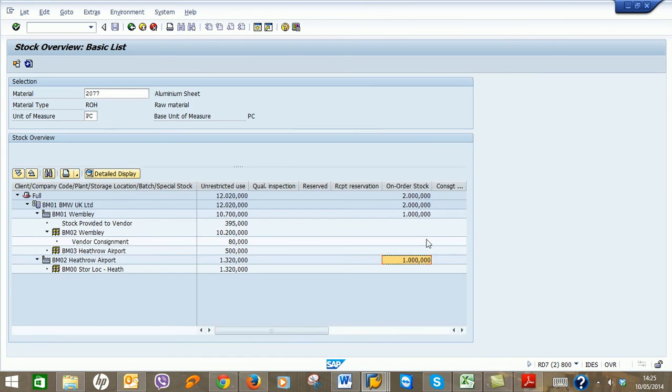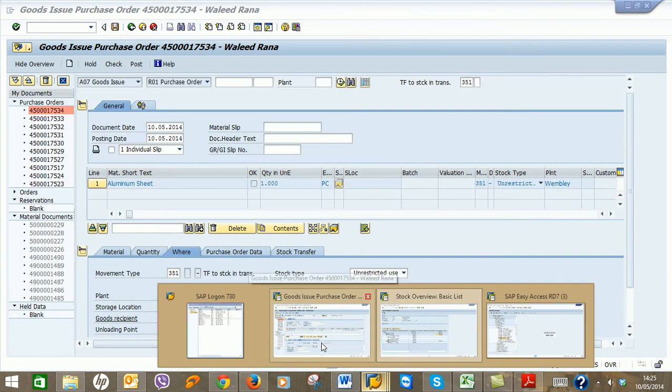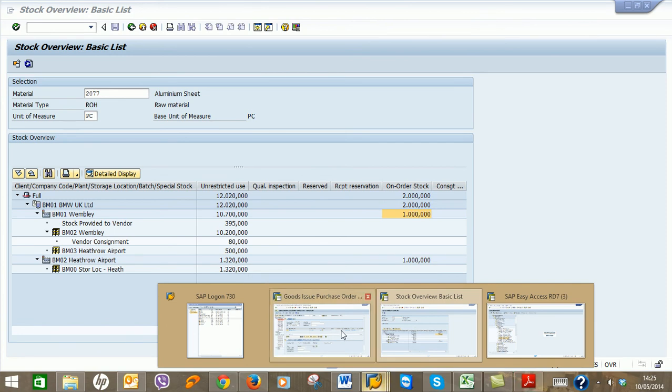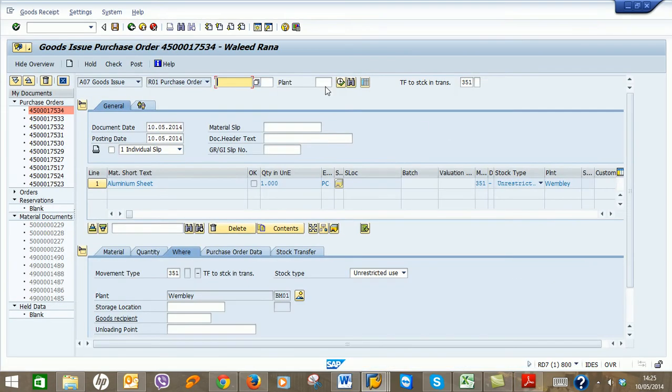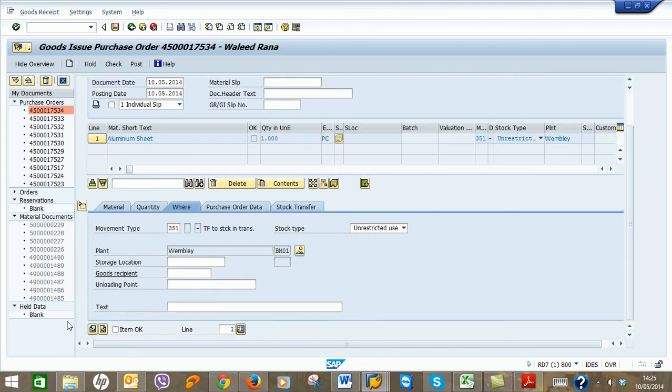Okay, so on order stock, this can only be viewed in this screen. Transaction code MMBE, 1000 pieces. Now after that, you have to post goods issue by using the movement type 351, and this is goods issue. And click check item. OK, check,